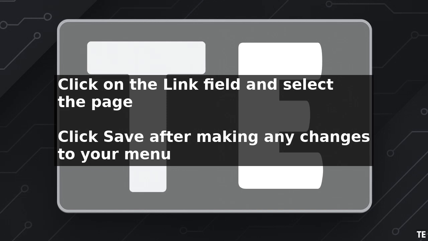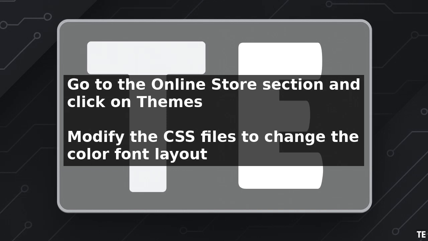To customize the appearance of your drop-down menu, go to the Online Store section and click on Themes. Click on the Actions drop-down and select Edit Code. In the code editor, you can modify the CSS files to change the color, font, and layout of your drop-down